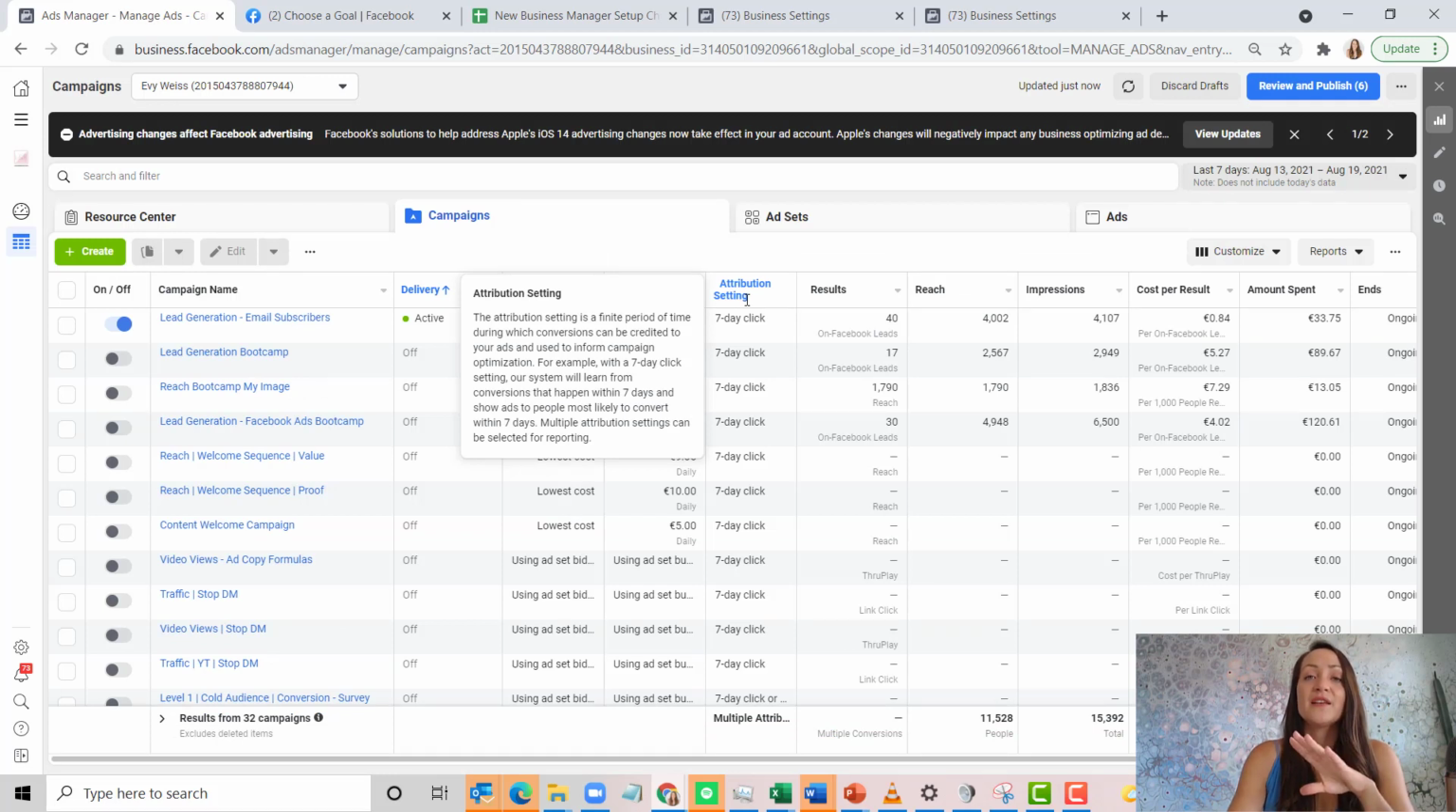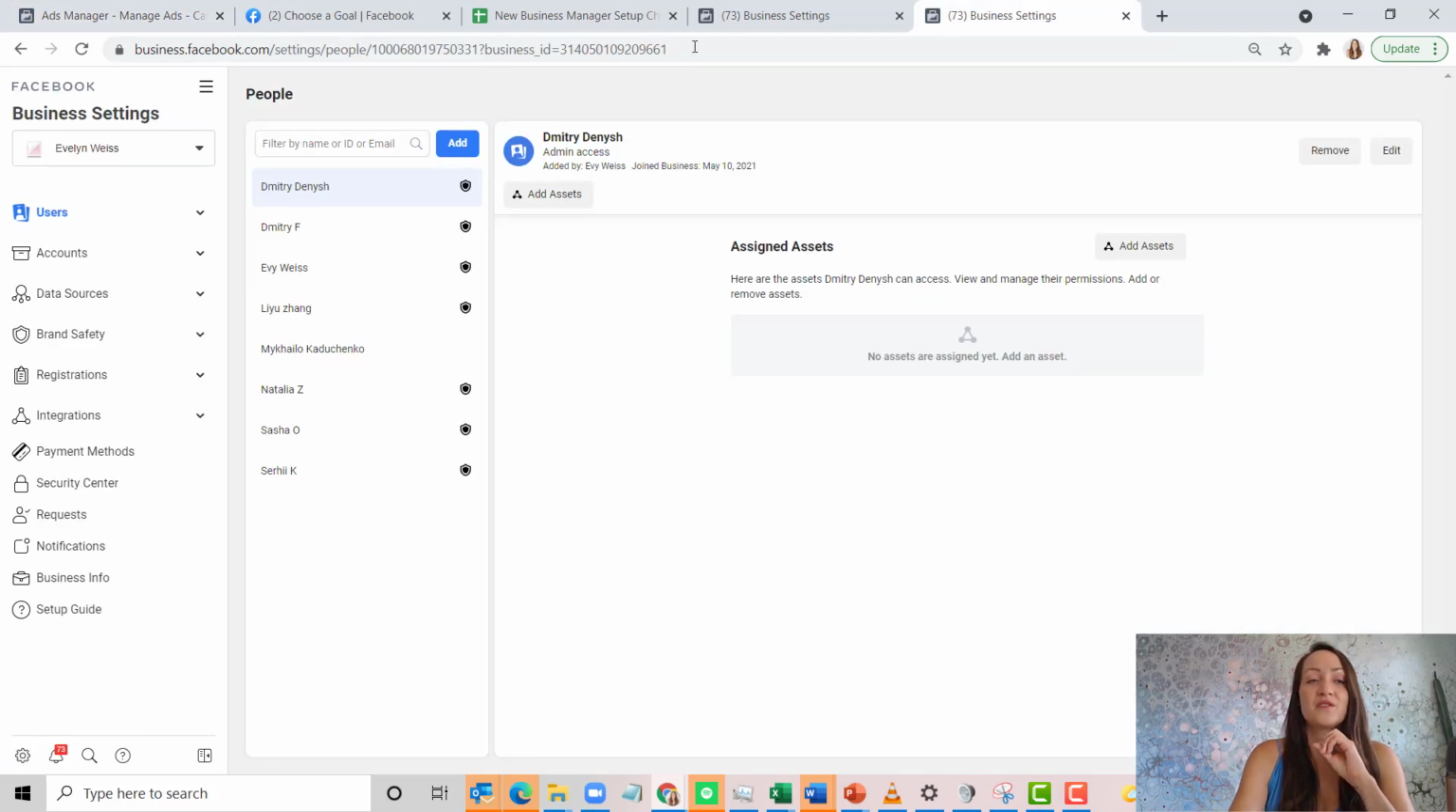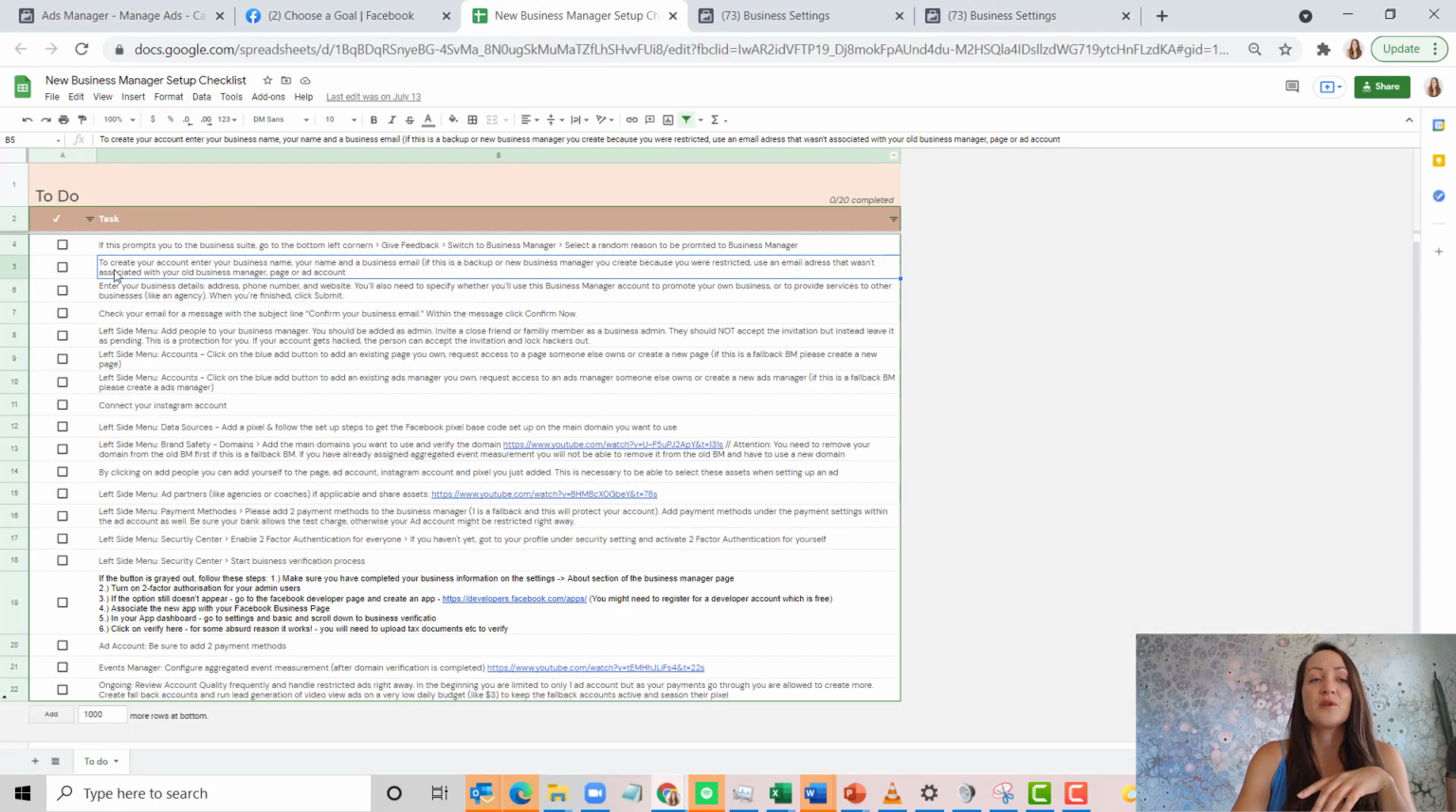So most likely you will be redirected to a place that's called Business Suite when you want to be in Business Manager. So here is how Business Manager looks. I already changed my settings so I can't go back to the Business Suite. But if you are in a Business Suite, all you have to do is go to the bottom left corner, go to the settings, say give feedback, switch to Business Manager, give them a random reason, and then you will